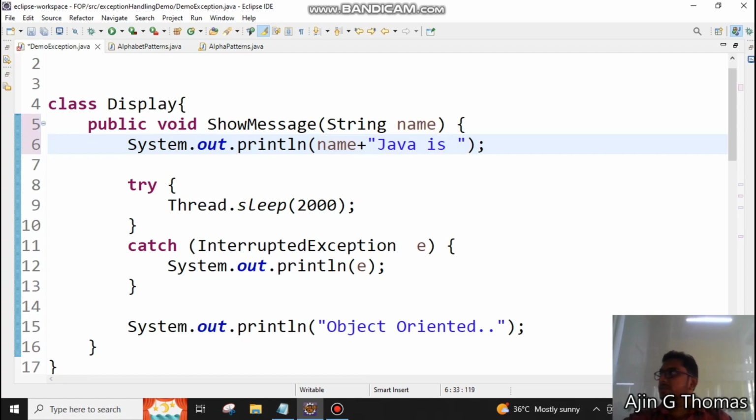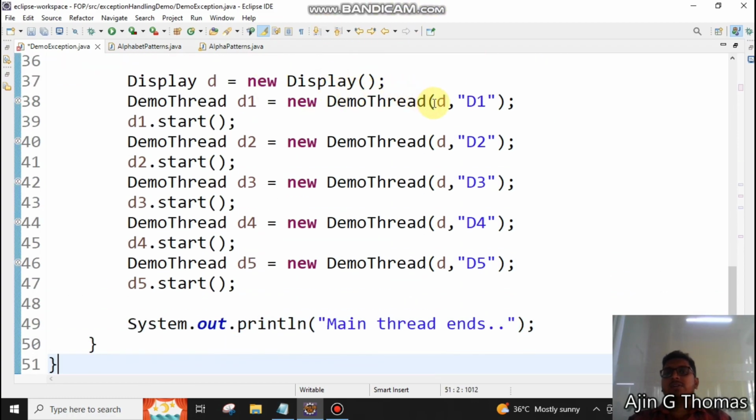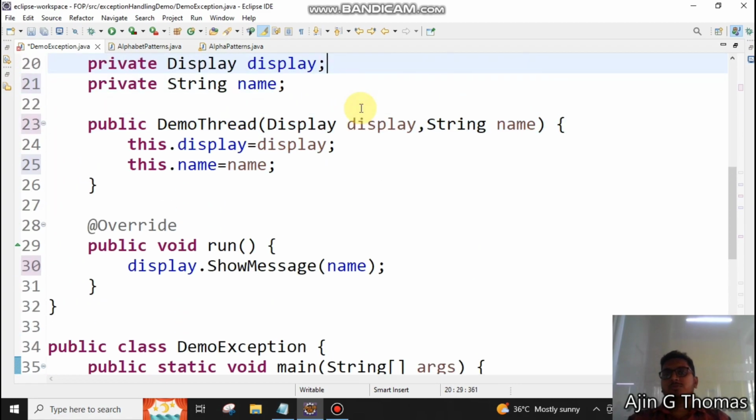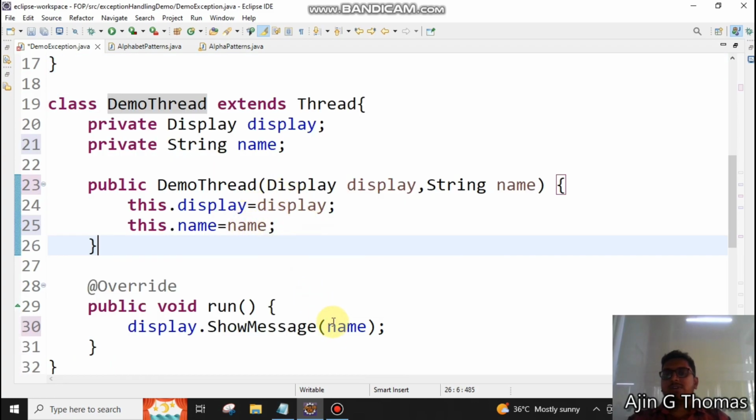So from the main method I reached here, right? Understanding that? I am adding the thread name also along with this message. I gave the name here in this constructor, or I could pass it here also, but I have given it here. So this name will go to the demo thread. From here we are passing it on,